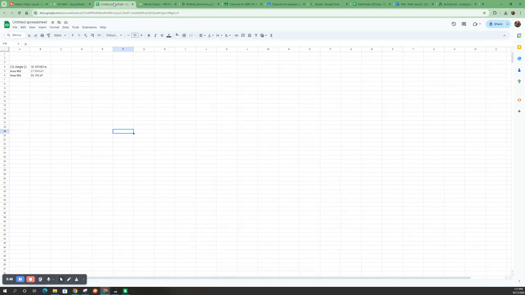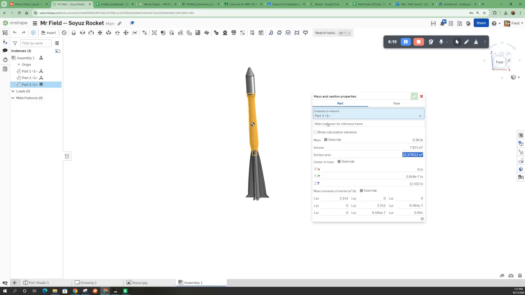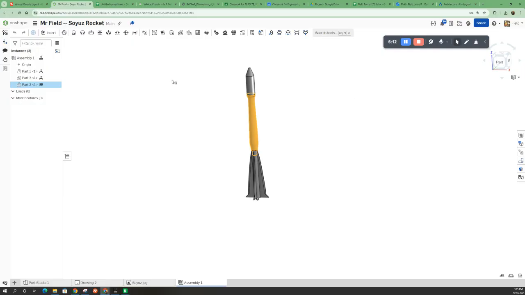Control C. Oh, base. I didn't change that. That's the base. And this will be the area of the cone. That was not the right one. There we go. Right. Now, I think I can probably do